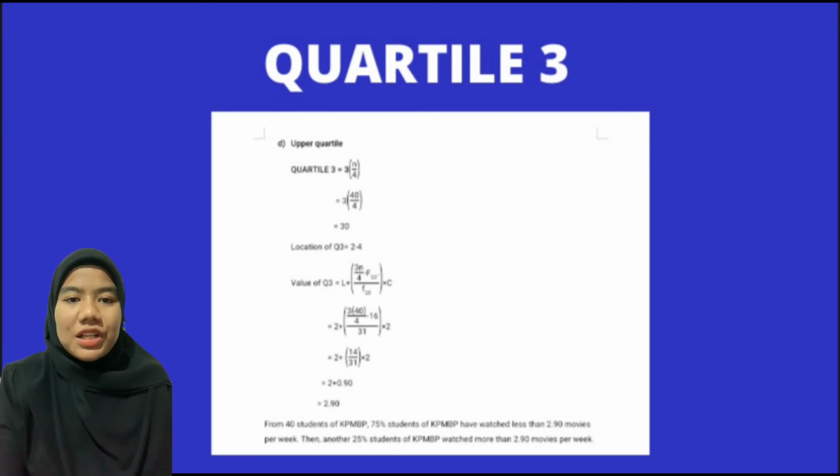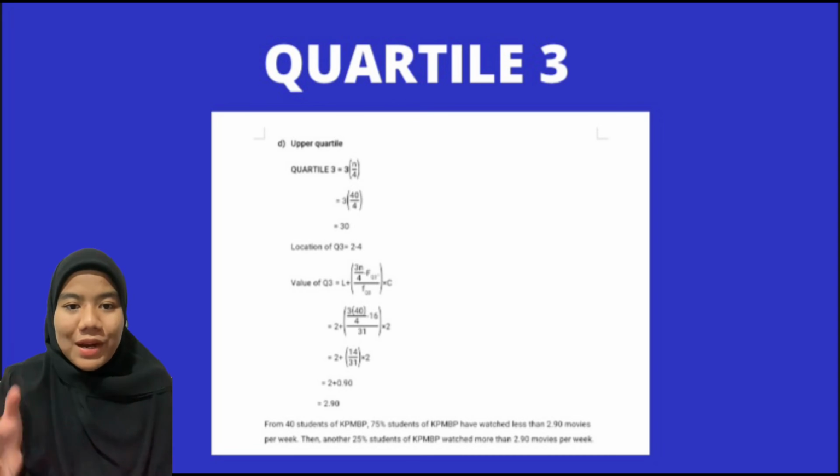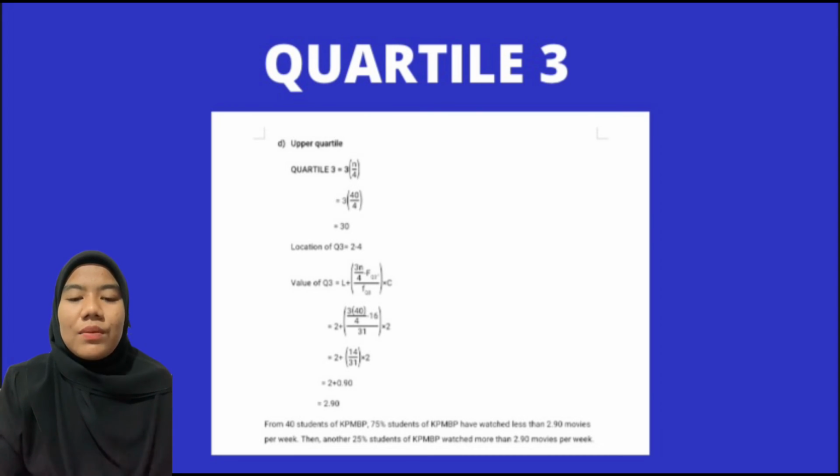Okay, next is quartile 3. Use the formula: lower boundary plus open bracket, 3 multiplied by total frequency divided by 4 minus the cumulative frequency of the class before, divided by frequency of the median class, and then close the bracket, multiplied by class width. Enter the value 2 plus open bracket 3 multiplied by 40 divided by 4 minus 16, divided by 31, close the bracket, multiplied by 2, equals 2 plus open the bracket 14 divided by 31, close the bracket, multiplied by 2, equals 2 plus 0.90, and the answer is